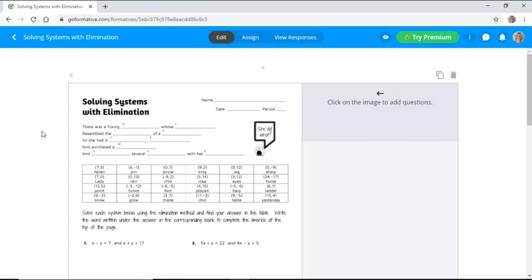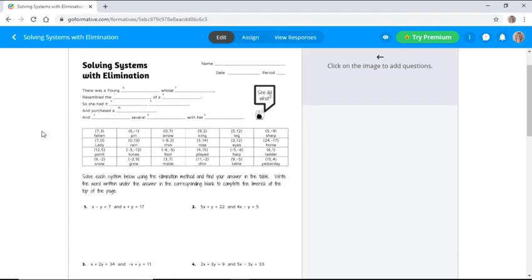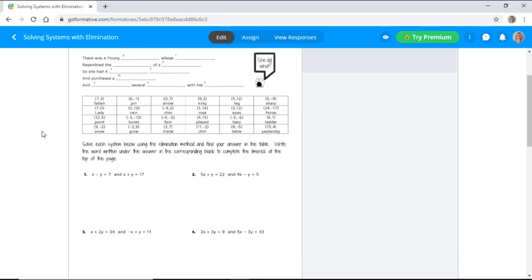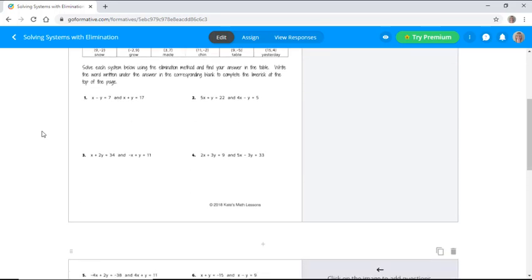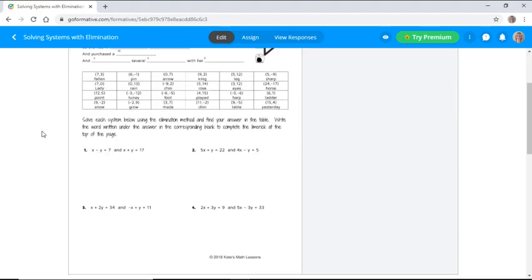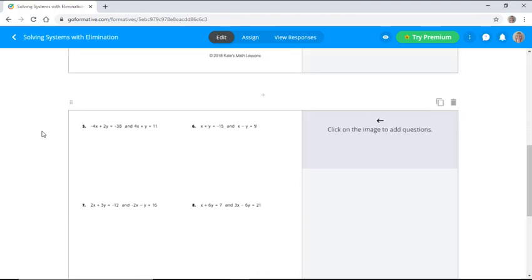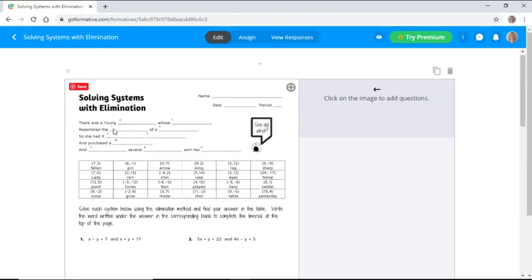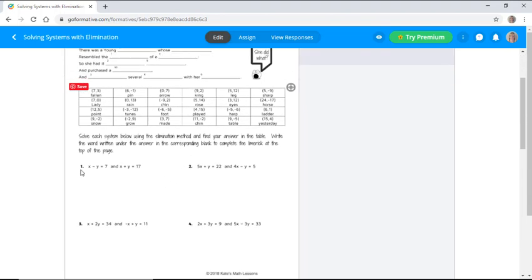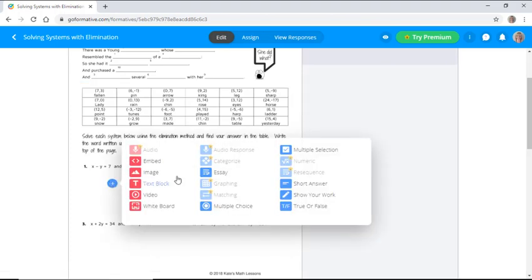This is systems of equations. So I've just uploaded a worksheet that I would have used in the physical classroom, and I want to still be able to use it remotely with my students. So I have the worksheet up here, and what I can do is I can click anywhere I want on this worksheet to add in questions. So I'm going to go over here by number 1 and just click anywhere near number 1,